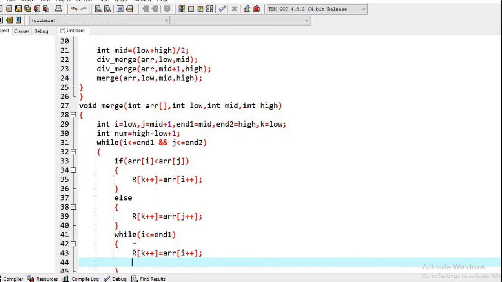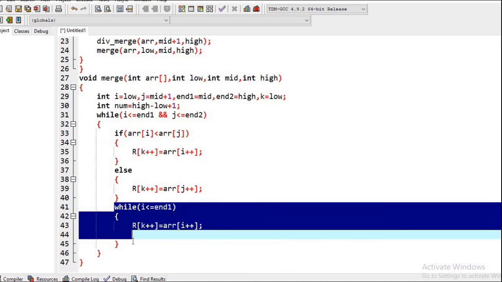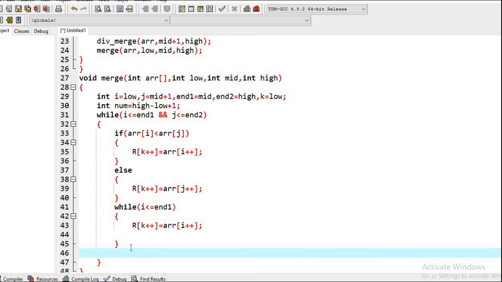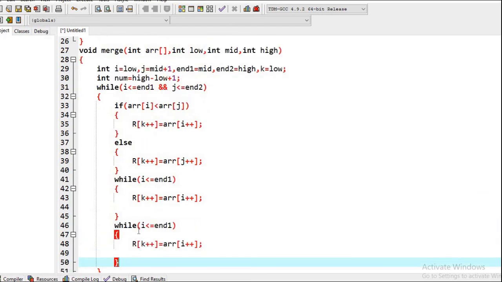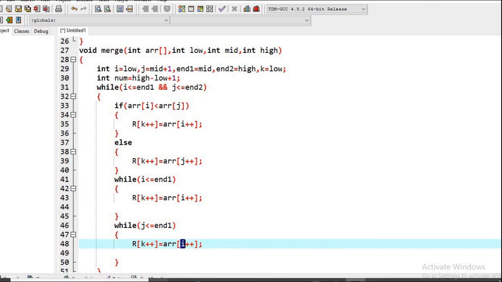The second condition is the same way for j, so I'm again going to copy it and change i to j, here also make it j, and that's all.